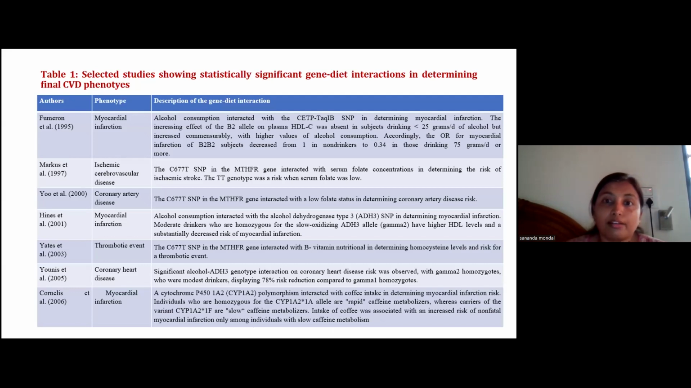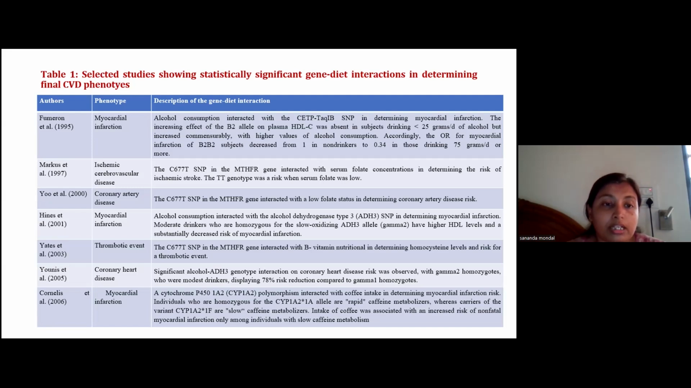So here are a few studies. There are lots of genes, and they respond differently from person to person, along with their diet intake. A few studies were done by Fumeron et al. 1995 in myocardial infarctions, Marcus et al. 1997 in ischemic cerebrovascular diseases, Wu et al. 2000 coronary artery diseases,